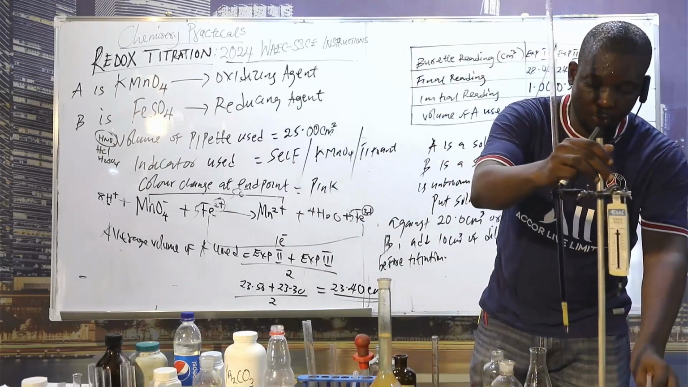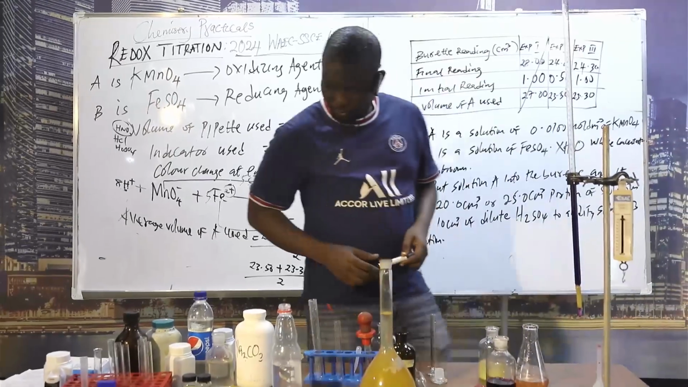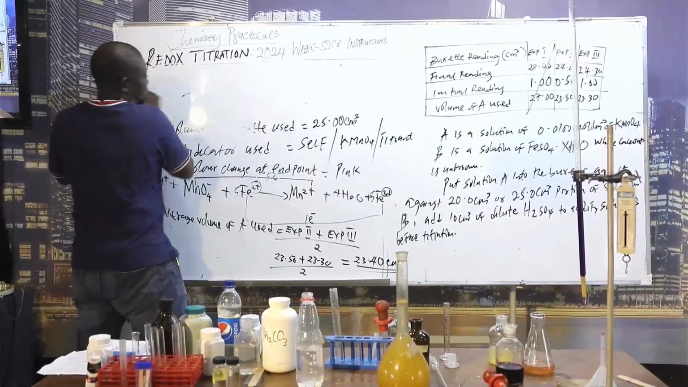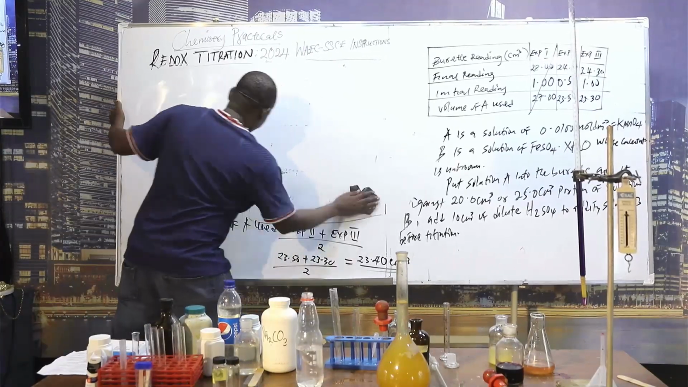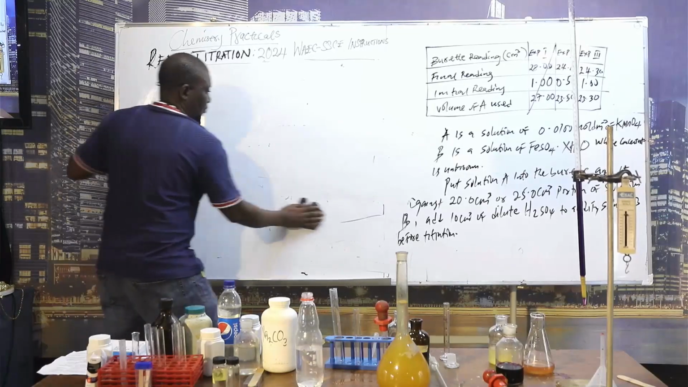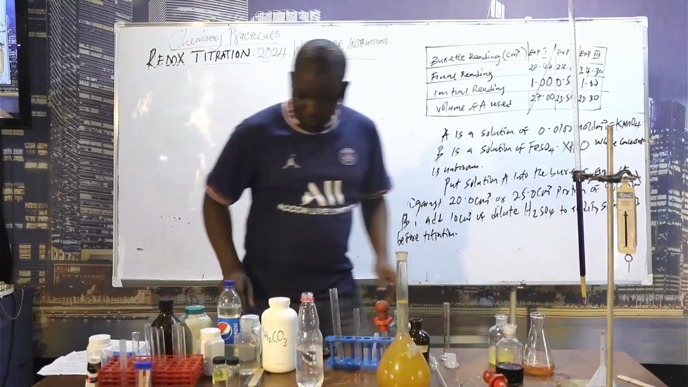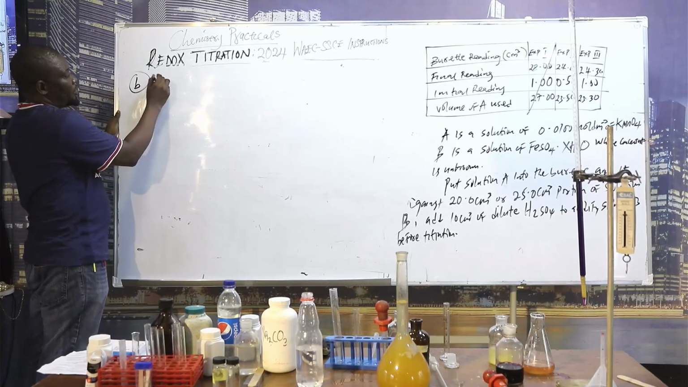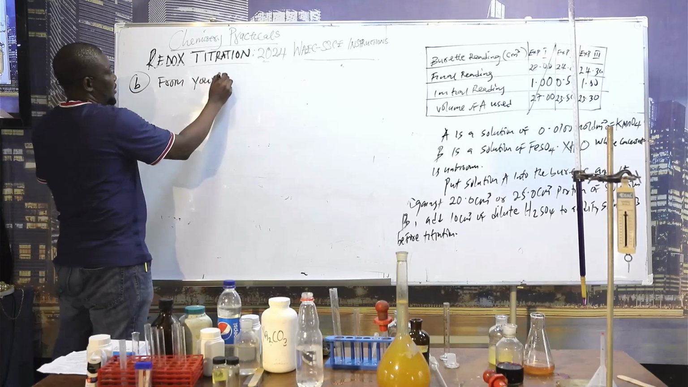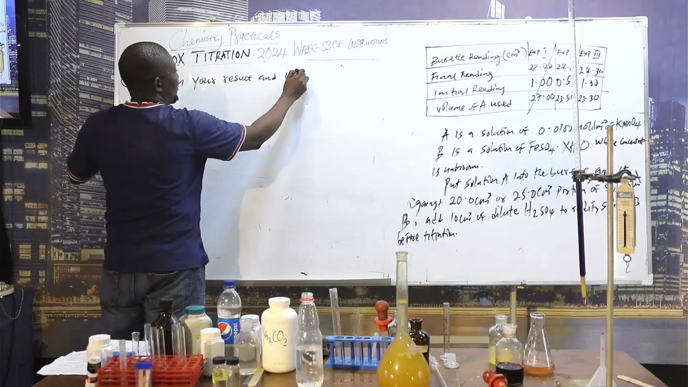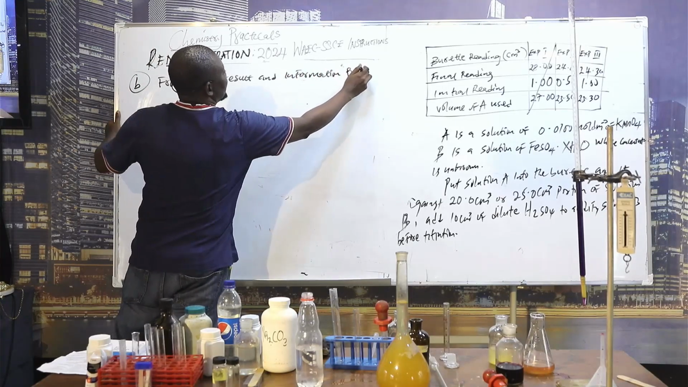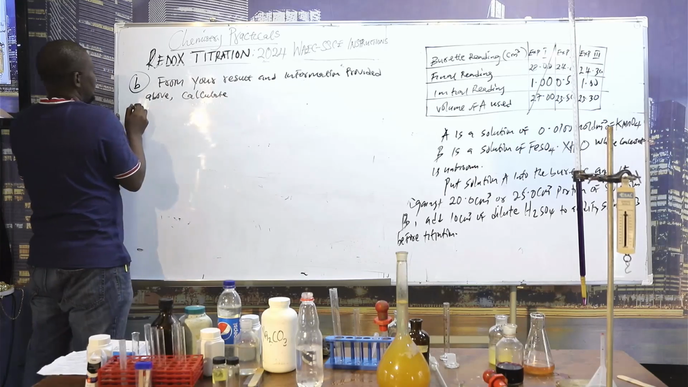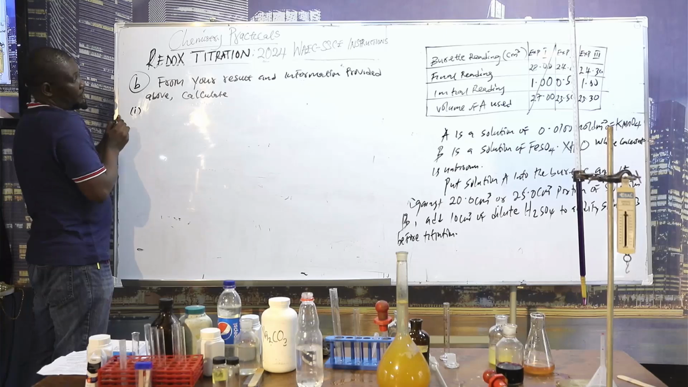Okay. Once we are through with this, you now go to the B part, which is numerical. After the titration experiments, the B part will be now from your results and information provided above. Calculate. In that question, if you can go back, you're already given that the concentration of A is